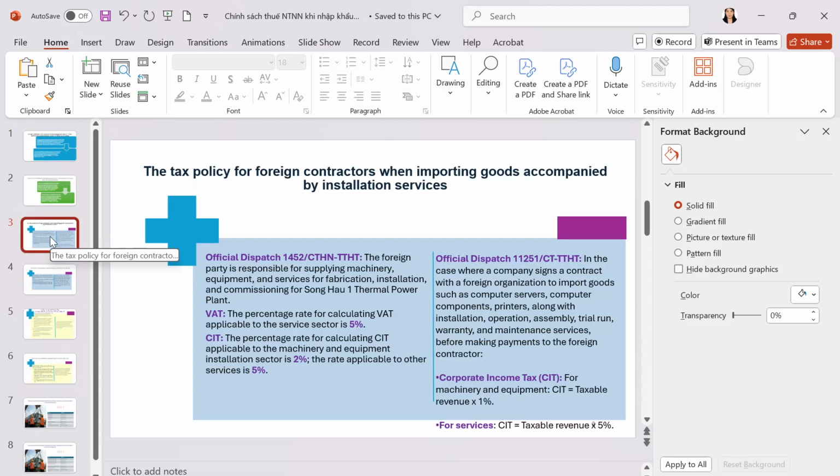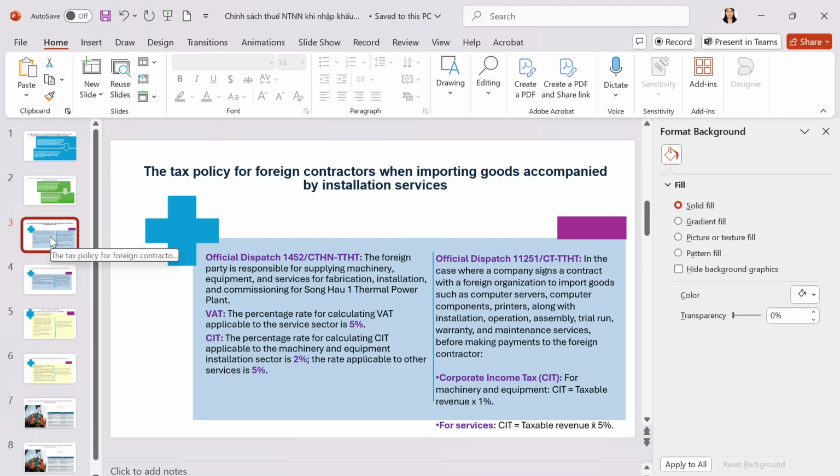And we will look at another scenario, how foreign contractor tax will be calculated when the foreign supplier provides goods accompanied by installation services, because installation services will be subject to a different, lower CIT rate rather than normal services. So we will look at official letter